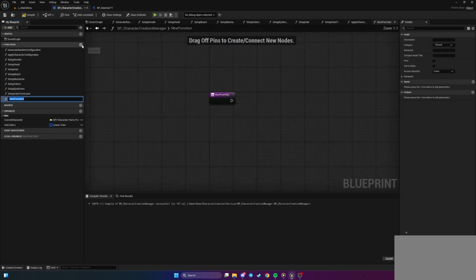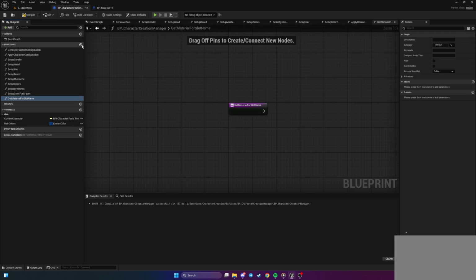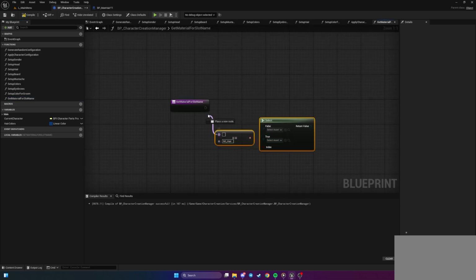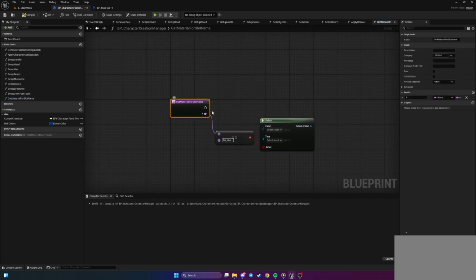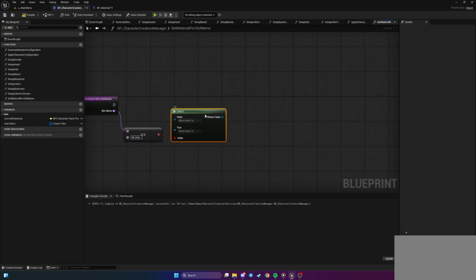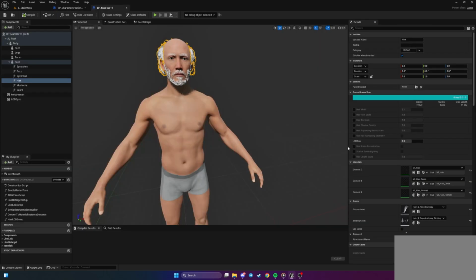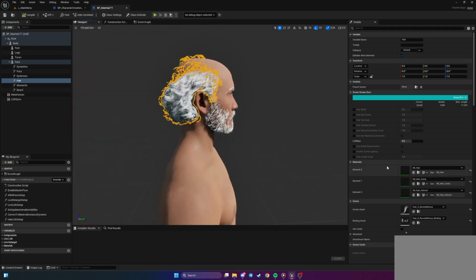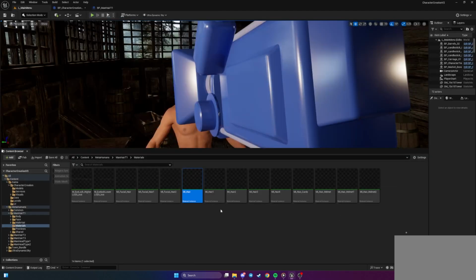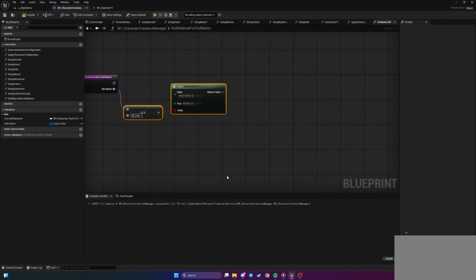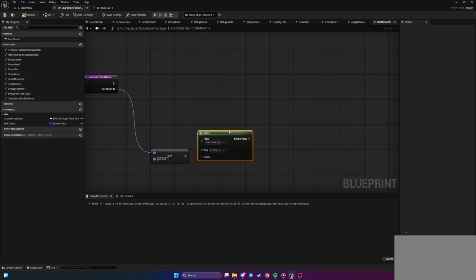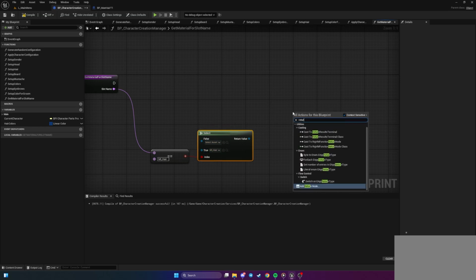Let's create a new function and call it get material for slot name. Paste it here, plug name as an input, and let's call it slot name. And this function is gonna return a material interface. So if it is my hair, we're gonna use just select hair here, search for this material, show it in content browser, and put it here. So for my hair slot, we're gonna use my hair. And let's add return node